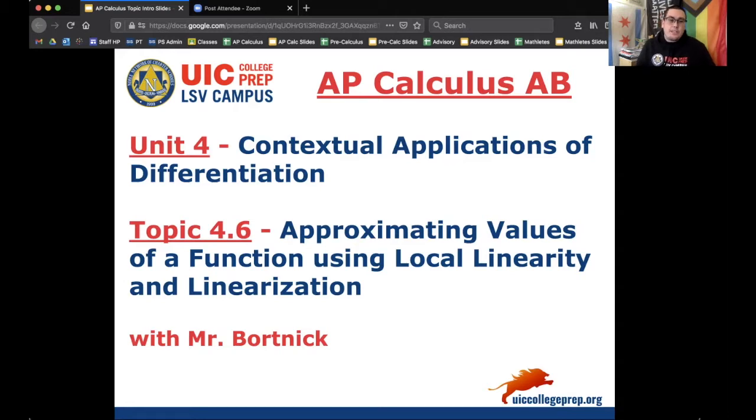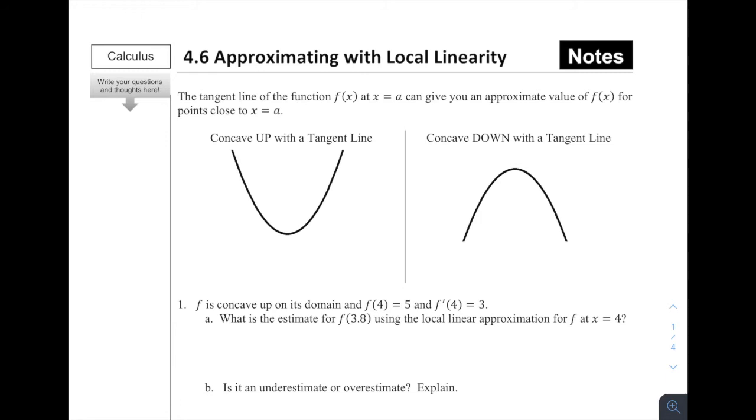We are in Unit 4, Contextual Applications of Differentiation. Today's topic is 4.6, where we're approximating values of a function using local linearity and linearization. All right, for 4.6, approximating with local linearity, we're going to start off with talking about the